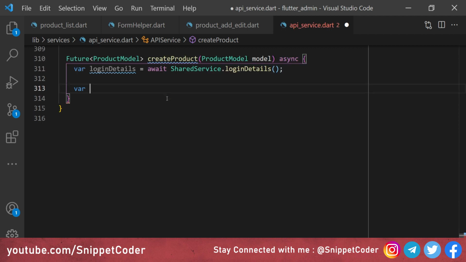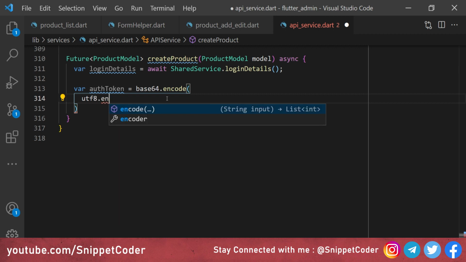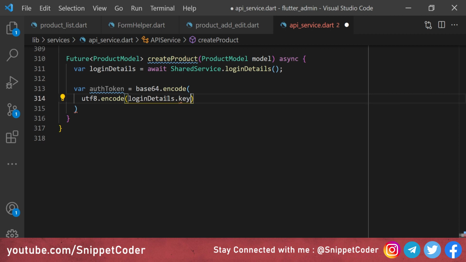Then here we will create our auth token, and we will have a variable of auth token is equal to base64.encode. Then here we will have utf8.encode, and here we will pass login detail dot key, and then we have login details dot secret.